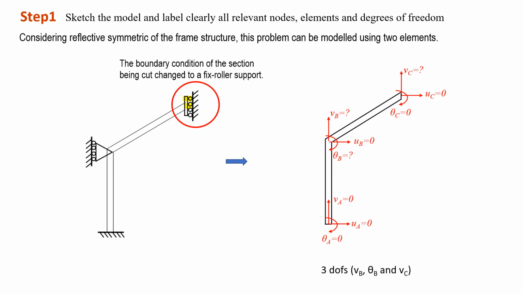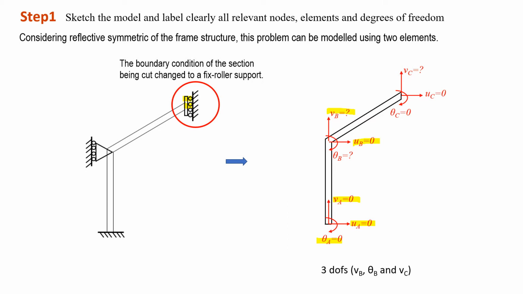So after we cut, only then can we determine the degree of freedom at each node. In this case, as node A is a fixed joint, therefore all the degrees of freedom are 0. UA, VA and theta A are equal to 0. While point B is pin roller support, meaning that UB is equal to 0. It cannot move in the X direction, but it can move in the Y direction, and it is pinned. So, pin joint,